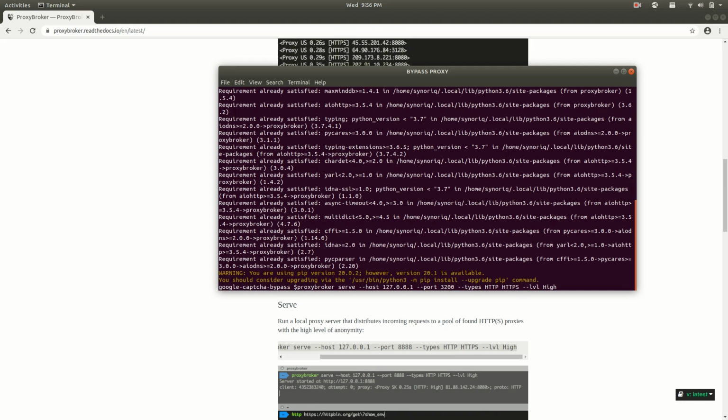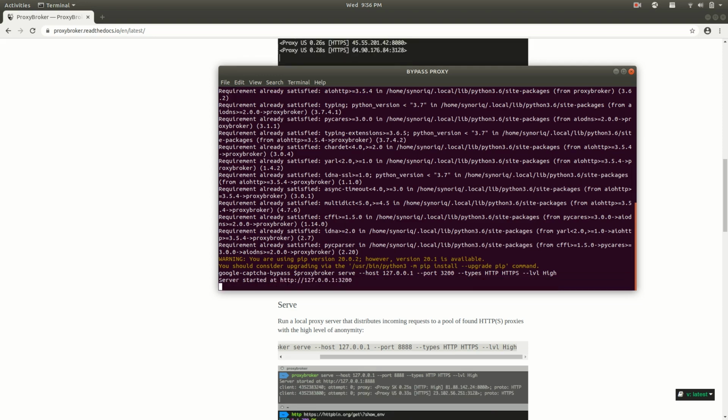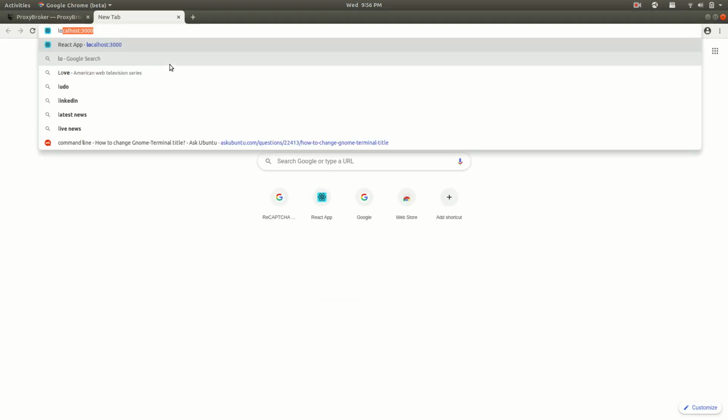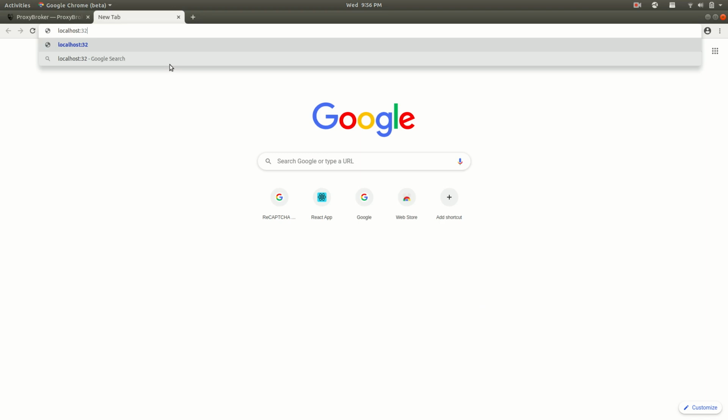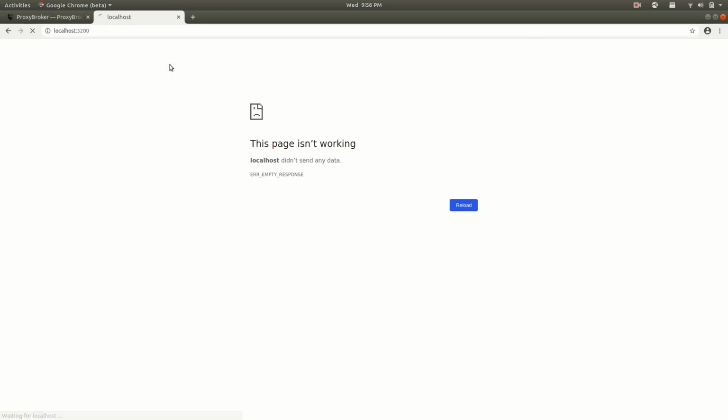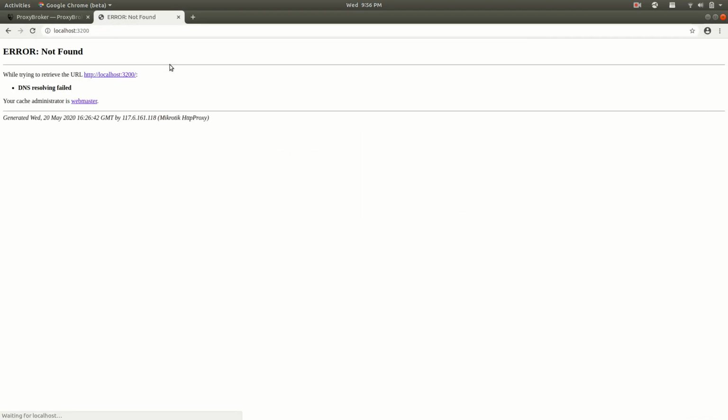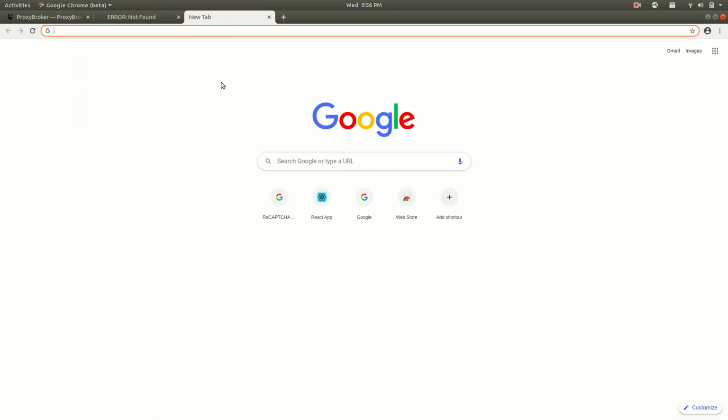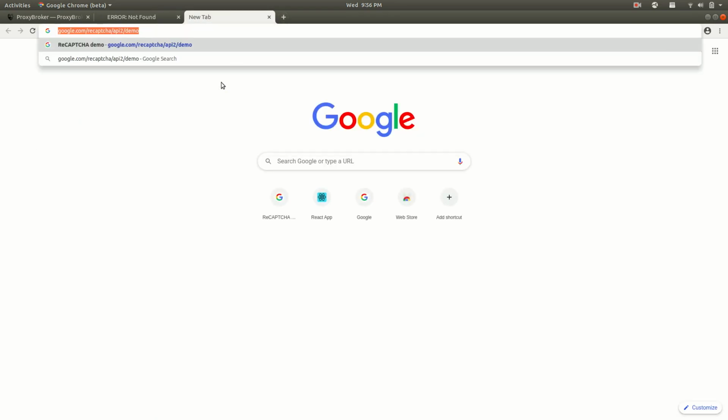Now this will start a server on localhost at 3200. Let me just start it. Okay, so at least it is started, and it is saying that DNS resolution has failed. Okay, the next thing we do is